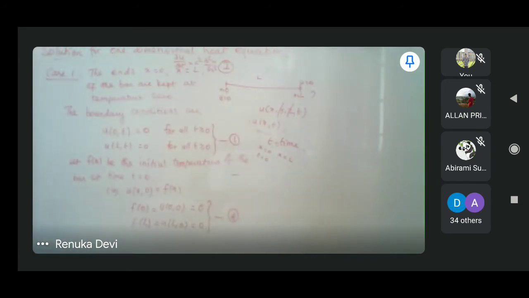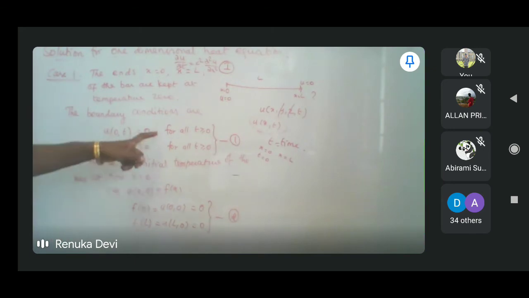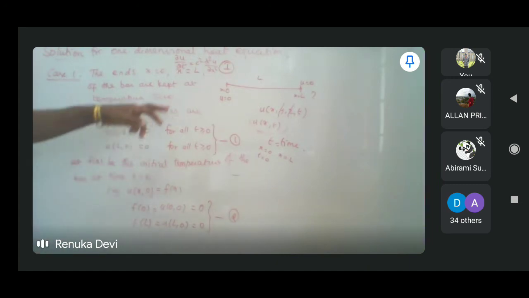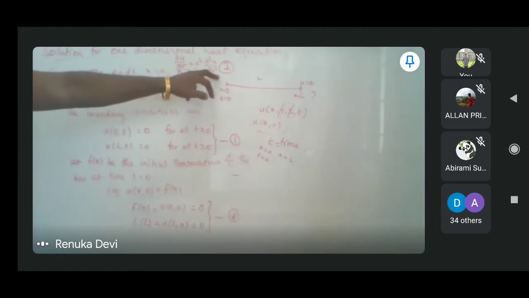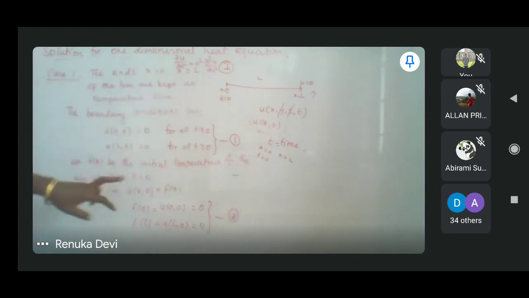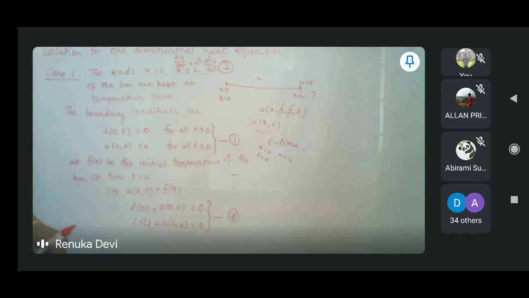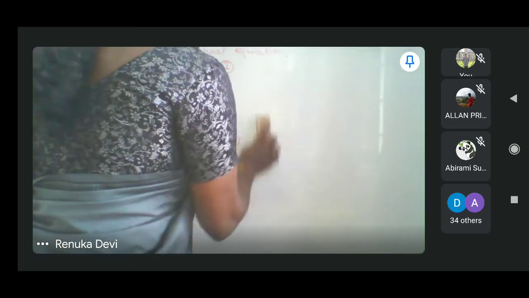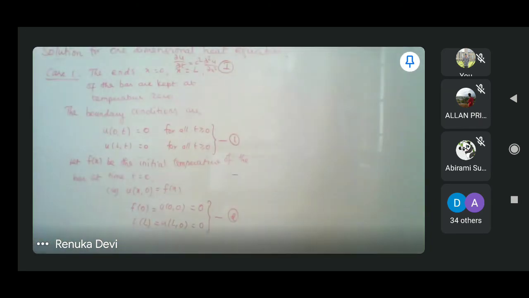Okay. Now, this is a boundary condition, and this is also a boundary condition. Using these two boundary conditions, we have to solve the equation Roman letter 1, that is, solve the heat equation. So first you derive two ordinary differential equations. Is it clear up to this? Is it clear?